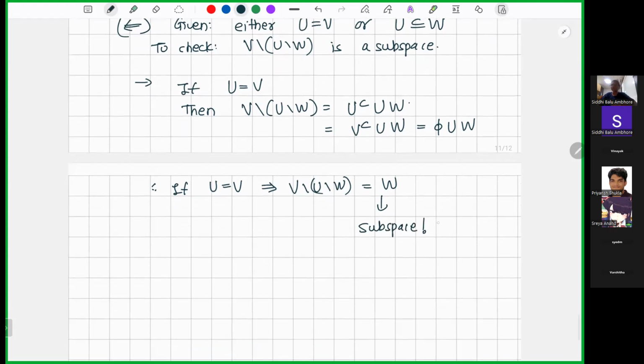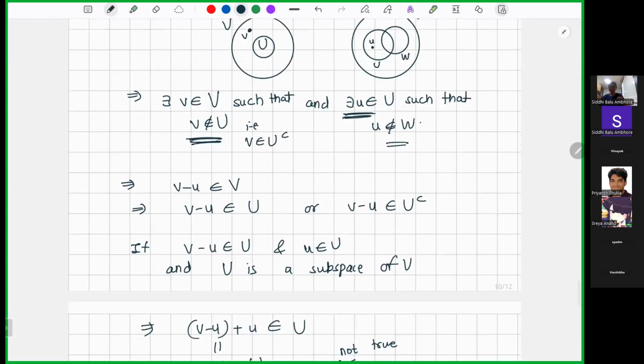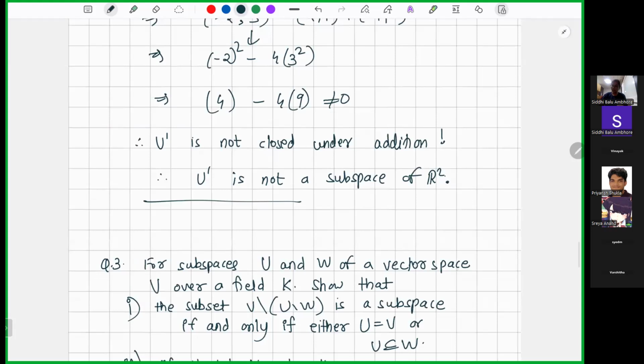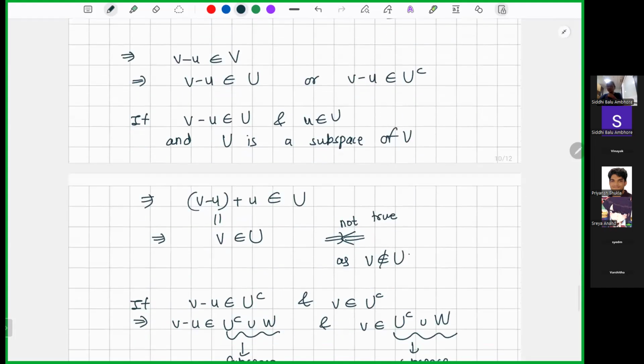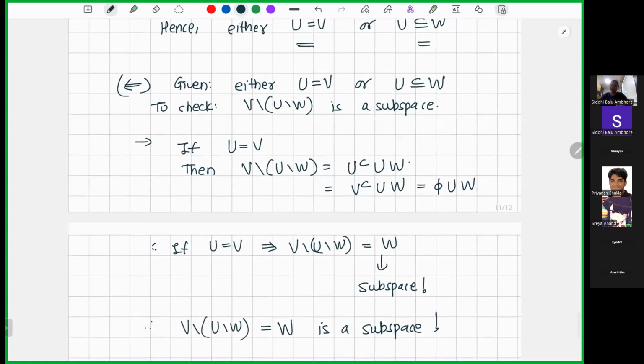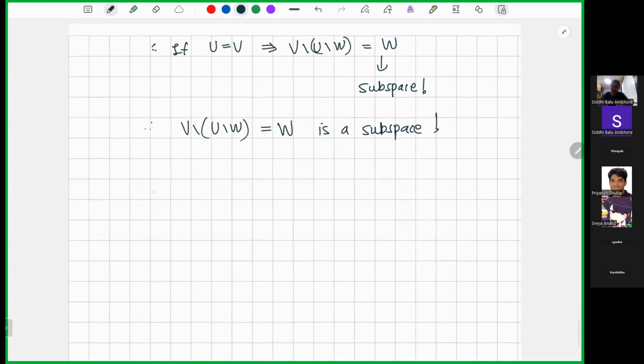And this is anyway a subspace. This is what we started with. This is my original setup for the question, that U and W are subspaces of V. So W is anyway a subspace of V. Therefore V minus U minus W is a subspace. So we checked the U is equal to V condition. And the second was, if U is properly contained in W, then